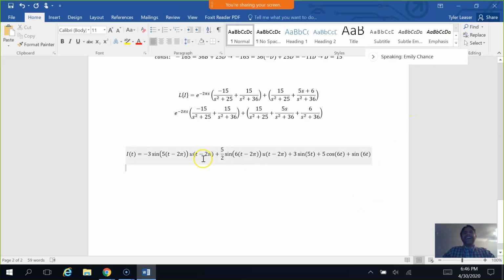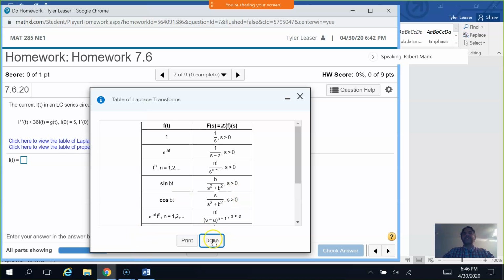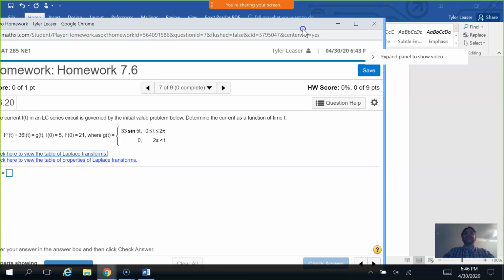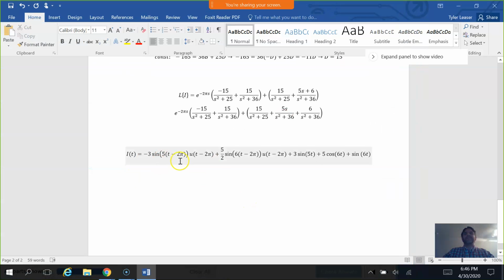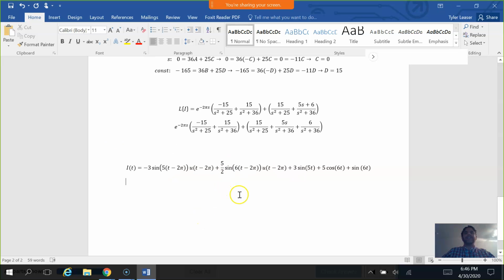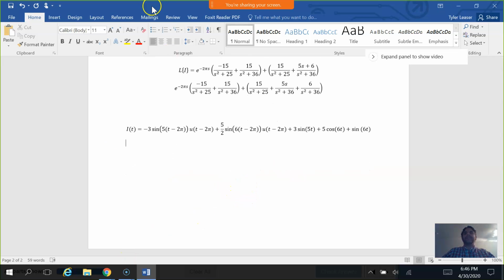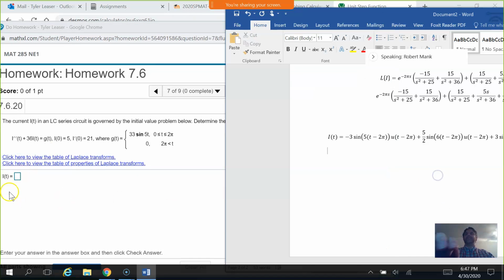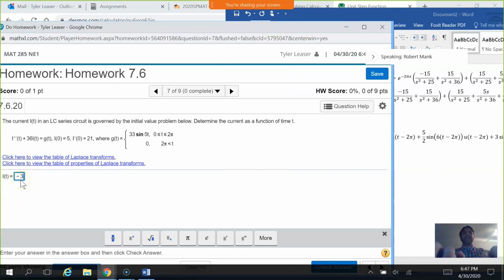All right, and that's it. So that should be the right answer that we want to plug into here. I did not open this up in my teacher cheating one, so I don't know what the right answer is. And I don't know if I really feel like plugging all that in. I guess I will, just so we can get that green check mark. Hopefully. All right, so it was